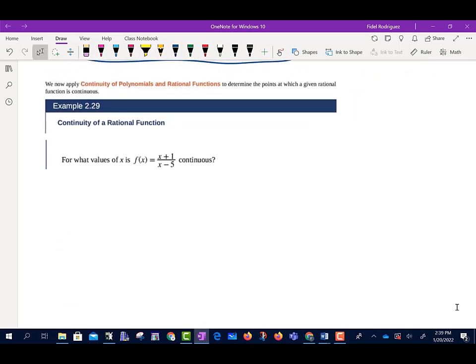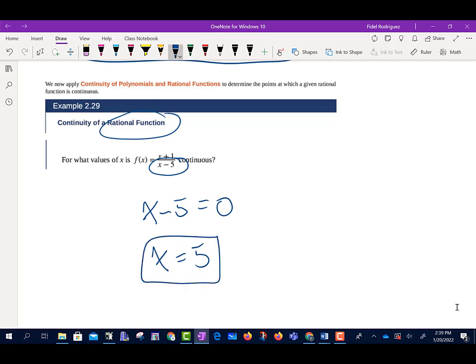Let's see, continuity of rational functions. Remember what a rational function is, y'all? Rational functions are basically fractions, right? And it's asking me, for what values of x is f of x equal to x plus 1 over x minus 5 continuous? When we have a fraction, it means we're dividing. The one number we cannot divide by is 0. So if we set the bottom part equal to 0 and solve for x,